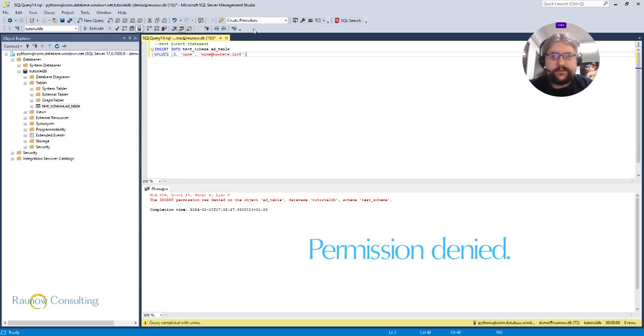So this is how you can have a very nice control on what objects the users in your Active Directory can access in your SQL database. And of course, you can also use this on Active Directory groups, and you can play around with roles and other types of